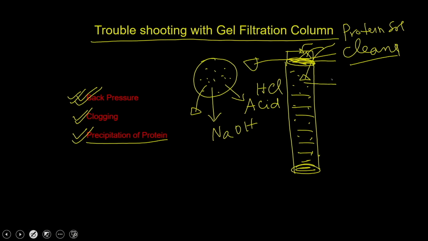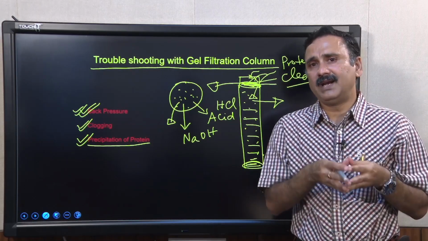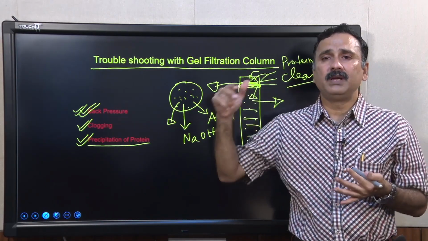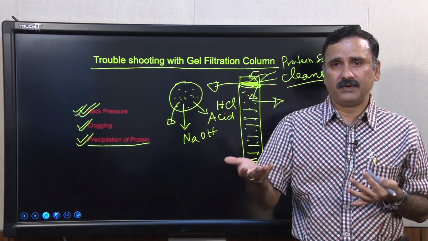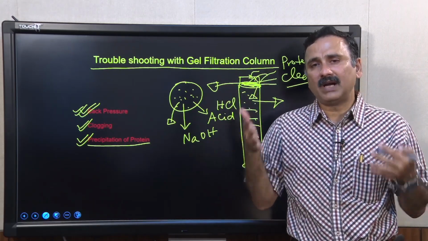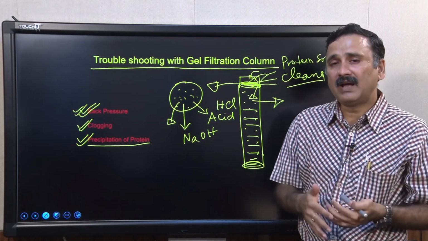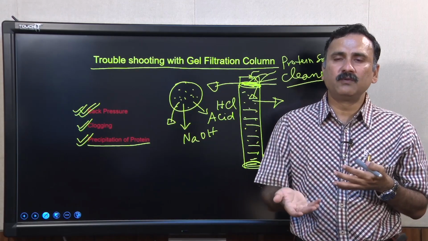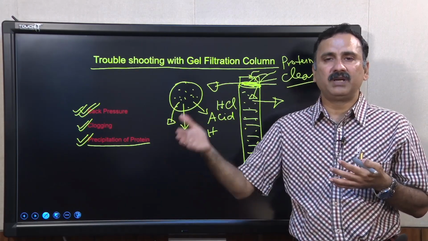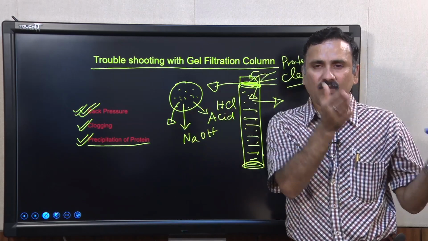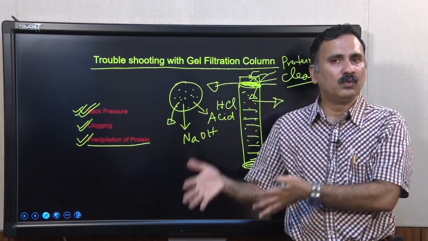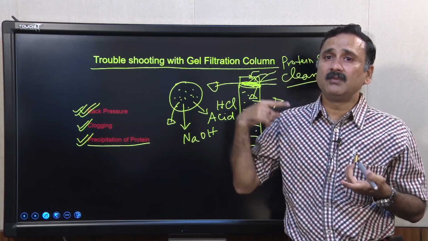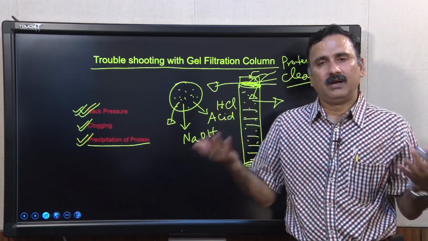The first issue is that it is going to be distributed throughout the column. The second is that it is going to bind to the pores, so it is irreversibly going to stick to some of the beads. If that happens, this column is no longer useful, because the protein is going to keep eluting from this column, irrespective of whether you have run it for 1 column volume or 2 column volumes. Also, because the protein got stuck in the beads, the column is useless.